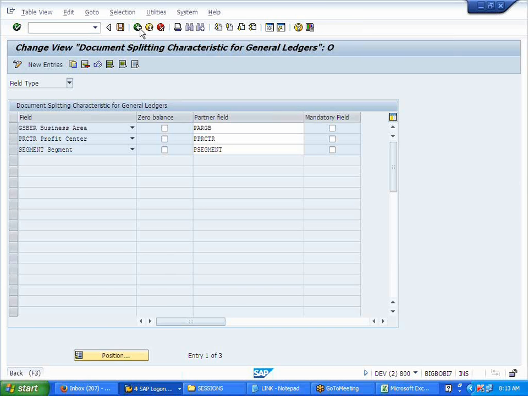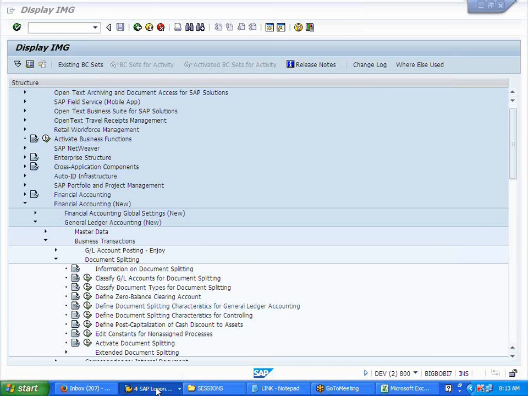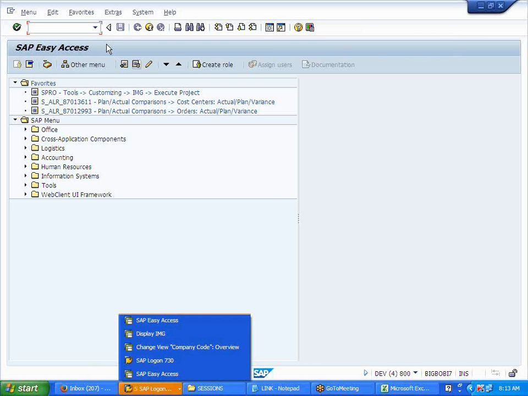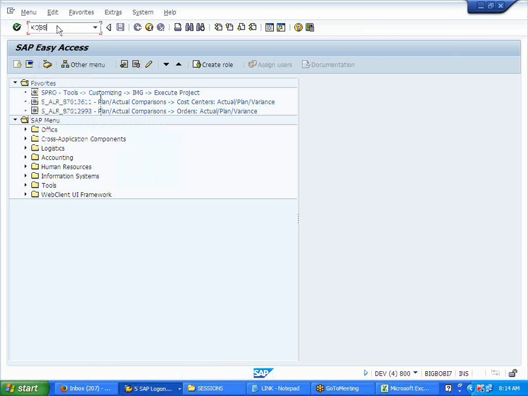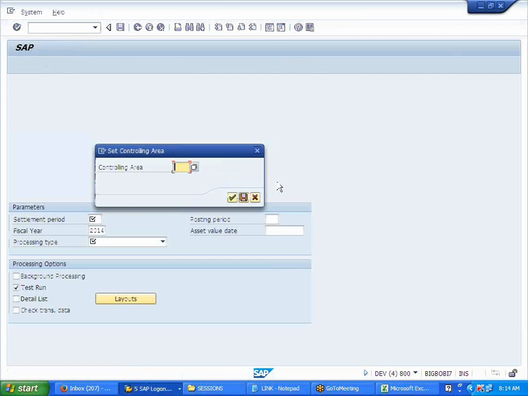That's it I did. Only uncheck, or do we need to feed any data? Only uncheck and save, because we have not done the configuration with regard to document splitting. Oh, okay. And the new GL has not yet gone into it. I've just unchecked that. Now, if you remember, yesterday I was running this KO88, F500. This was the order.